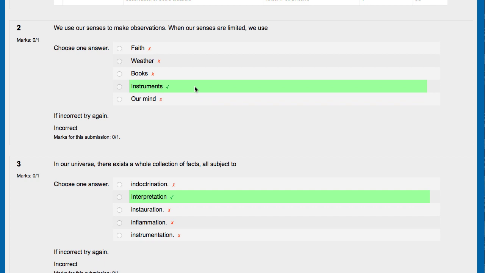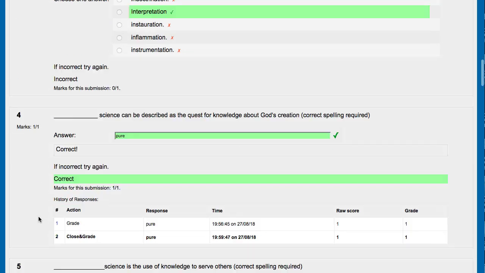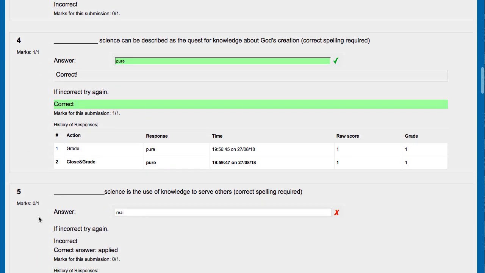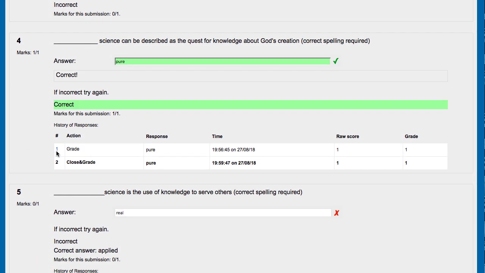So if you really didn't know that one, you'd want to put that in your notes, and then you have that answer in your notes so that when you do your quarterly review, you have all the information from that lesson that's important in your notes. Now scrolling down to short answer here, remember number 4, we got that right the first time, so the first